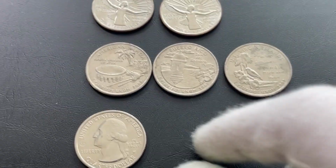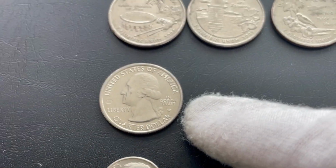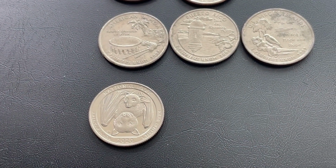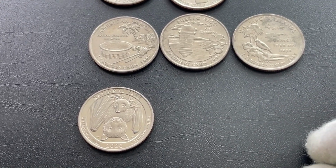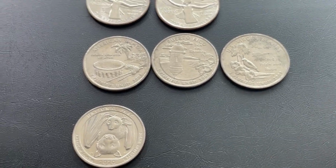Of course, the very best out of the quarters, and probably the best coin of today's hunt, was that West Point 2020 National Parks quarter, which you can see right there. That is one of my favorite designs. It was actually featured on the placemats for quite a while until we switched over to Frederick Douglass, and now we're going to be switching to a new one in just probably a week,